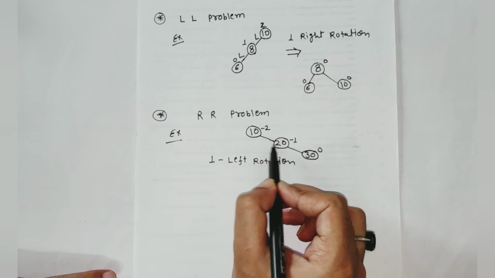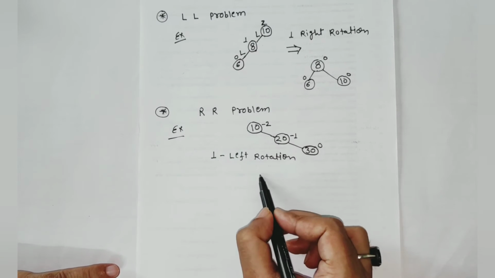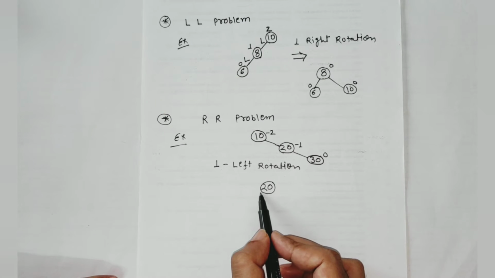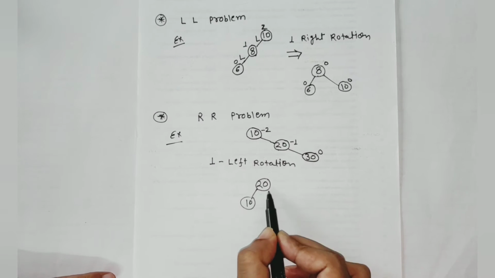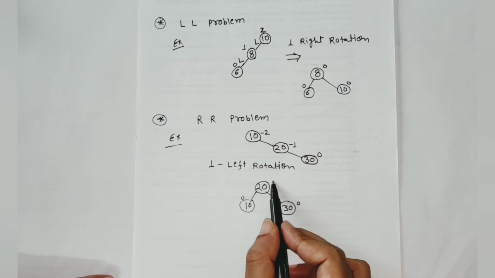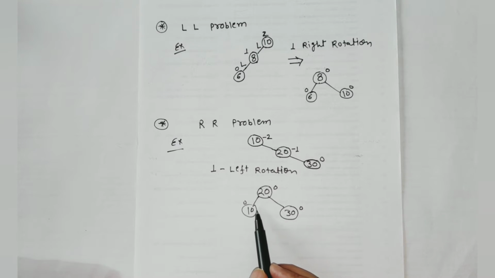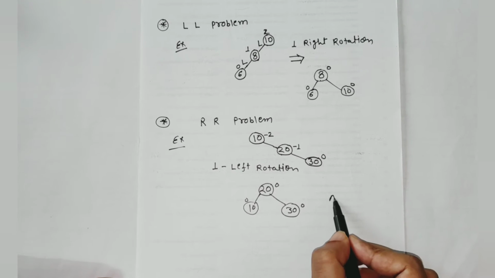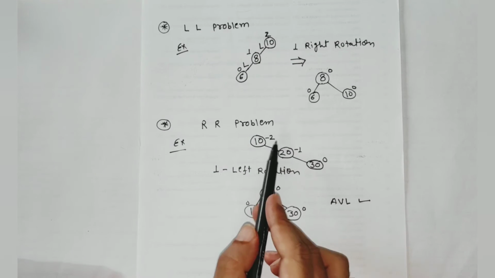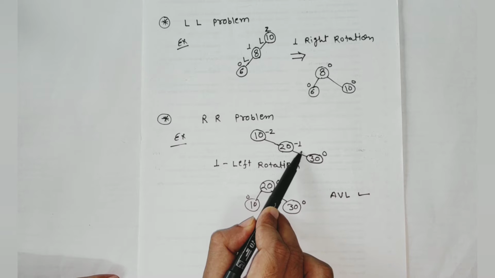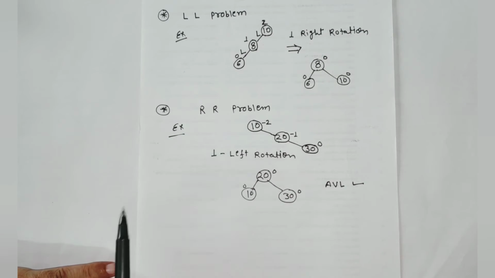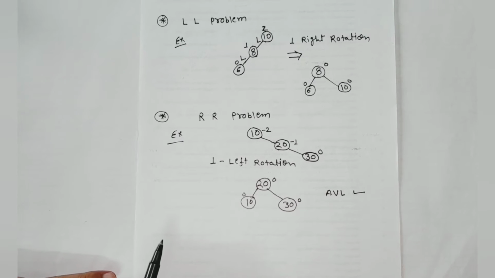So we will fix this node and we will rotate the root node. So now our new root will be 20, and we will rotate 10 to the left hand side and 30 will be here. Now the balance factor is 0, 0 and 0 and it is a binary search tree also. So this is our AVL tree also. So it is called the RR problem. If the right to right node is making a problem, then we need to make a left rotation. So it is the RR problem and it is the solution of the RR problem.